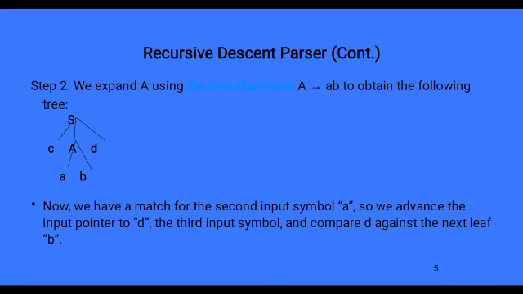That is called a recursive descent parser. Already I have told the definition: the parser is constructed from top to down. You have seen in the example also just now. It is proven. And input is read from left to right, like small a, small b, small d. That is the input. I am reading from left to right on the tree: small c, small a, small b, small d. That is also proven. So this is called a recursive descent parser.